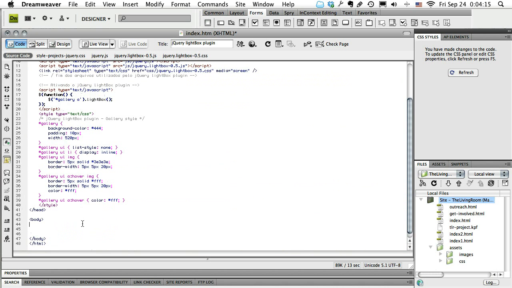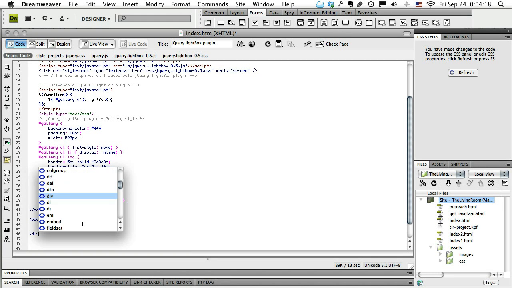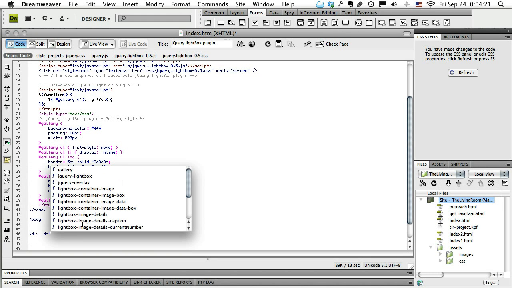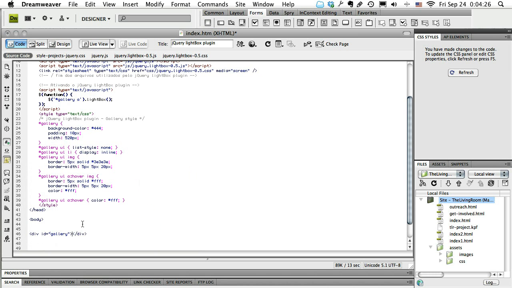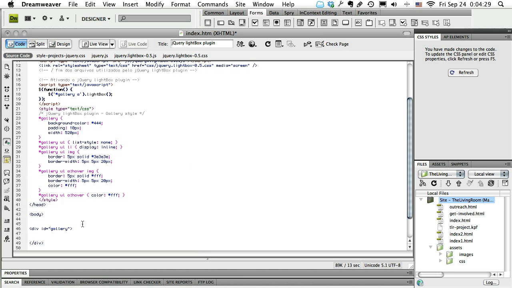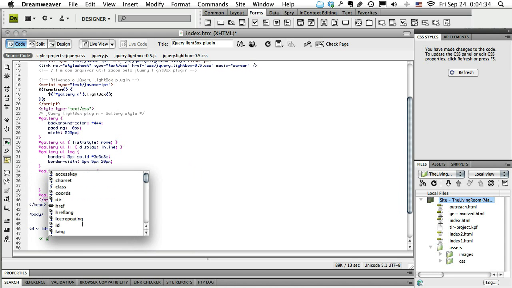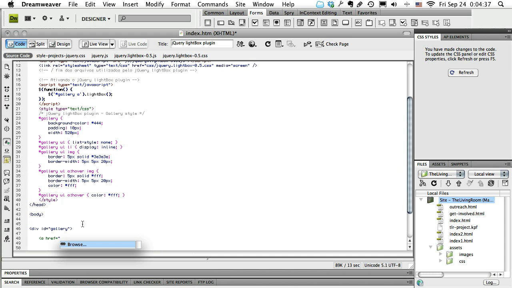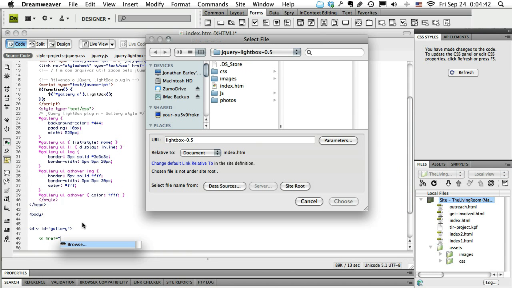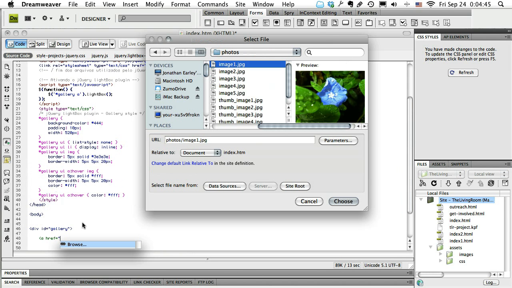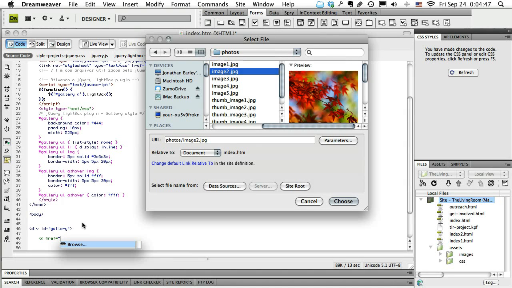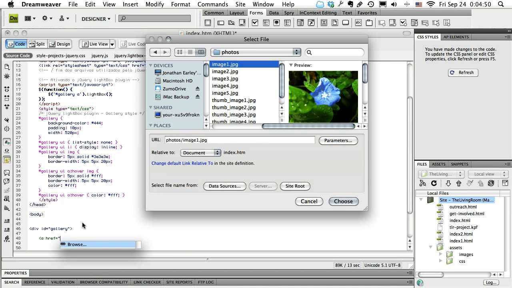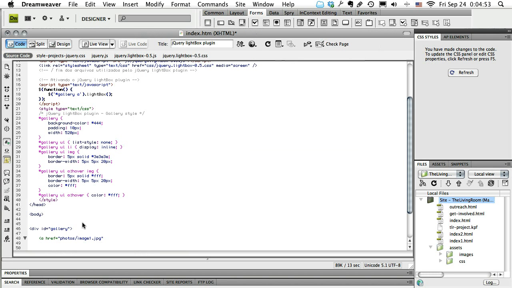So the way you would do that is create a new div, ID equals gallery. Okay, inside of that, all you need is an A tag, href equals, and you can go ahead and click browse. That'll make it a little easier. We're going to go inside of photos, and this is what we're wanting to pull up in the lightbox. So we want the larger image. So we're going to choose image 1,